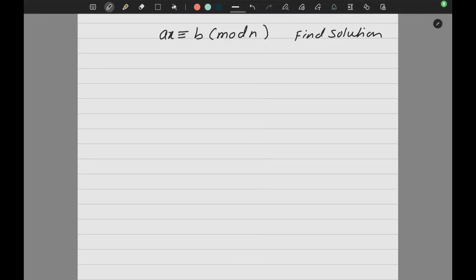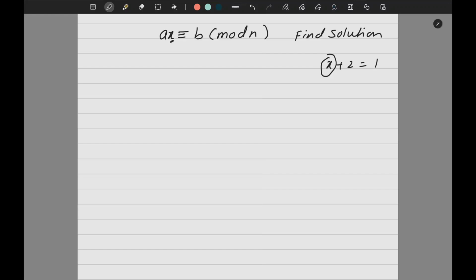Students, let's learn how to find out the solution of linear congruence, which is very important from an exam point of view. Suppose you have an equation like x plus 2 is equal to 1. If I ask you to find the solution of this equation, what do you do? Basically, you find out the value of x, which is minus 1 in this case. In the same way, finding the solution of a linear congruence means finding out this x, right?